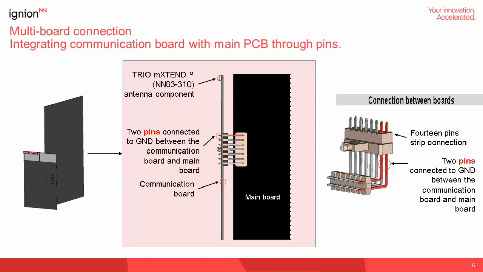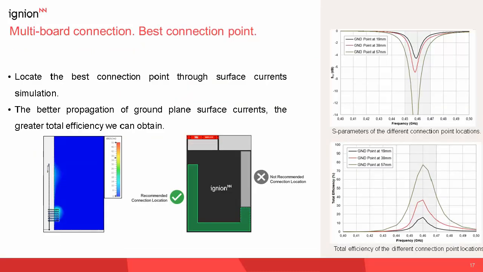But you might be thinking, is this pin connection random or is it calculated? Well, properly connecting this main board with the communication board makes an impact on the antenna performance. We can see in the right graphs how, depending on the connection point, we get better or worse performance. The fact of locating the connection point in one position or another is decided through the simulation image at the left of the slide, based on the propagation of electrical surface currents that can be assessed through the electromagnetic simulation service